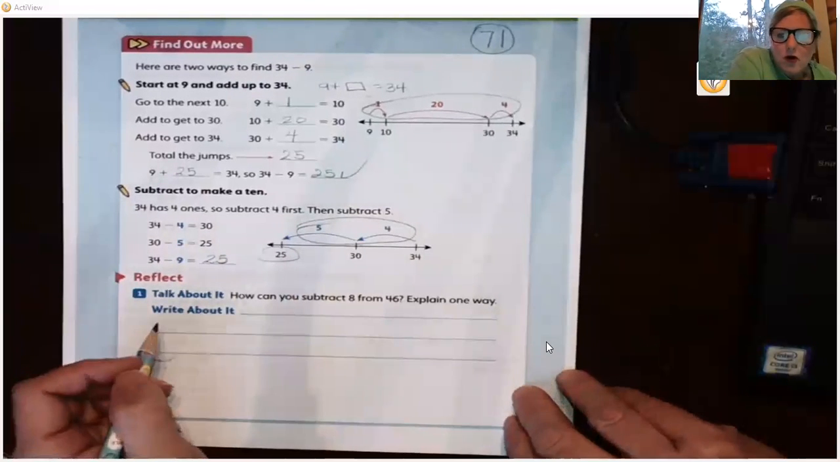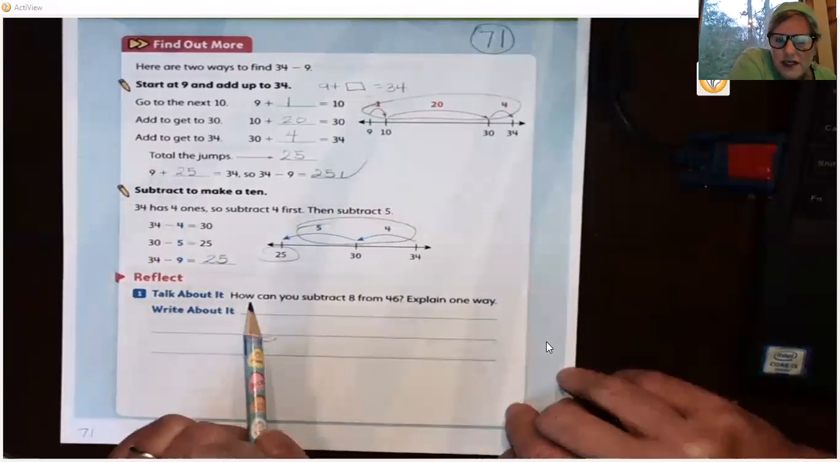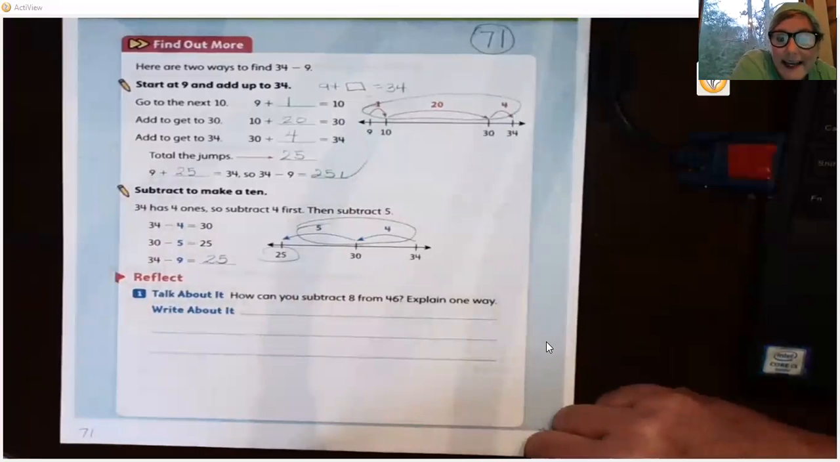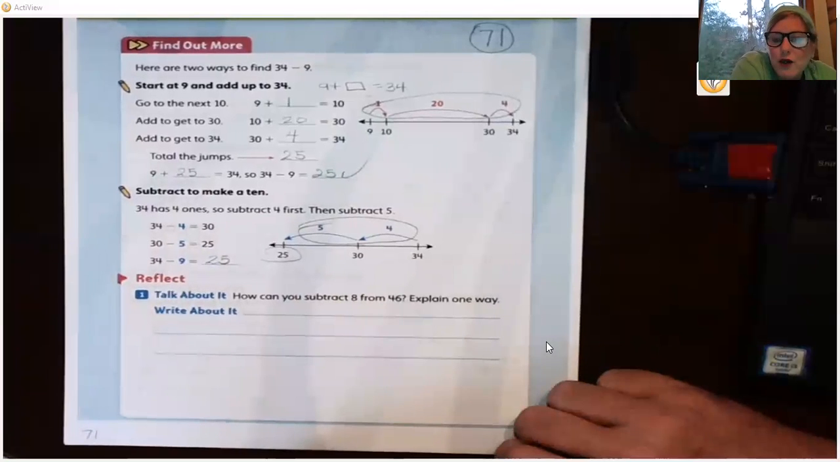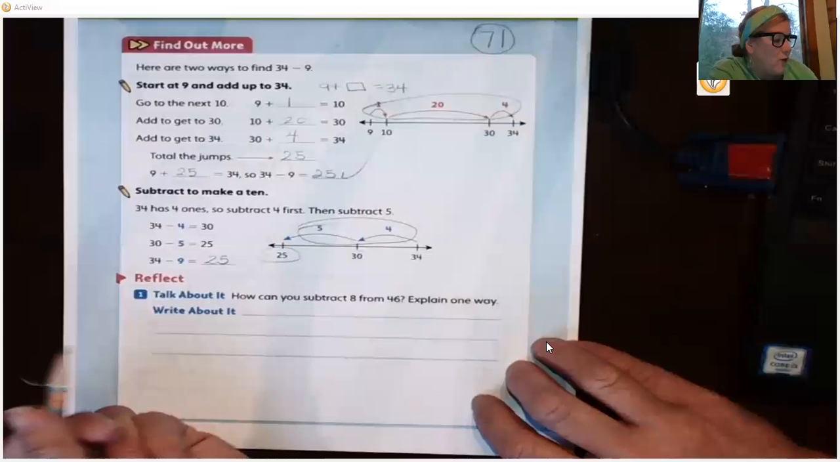So reflecting on what you have just learned, how can you subtract 8 from 46? So a whole different problem. 8 from 46. And you're going to pick one way, and then you are going to write down how you would do that. So you can go ahead and pause the video and write how you would subtract 8 from